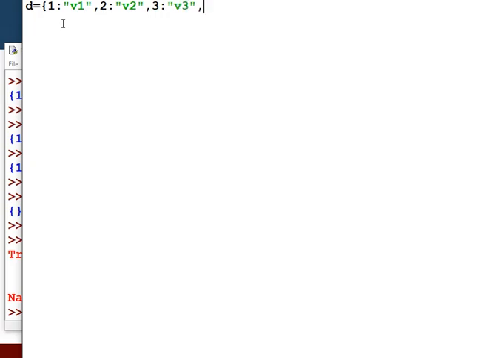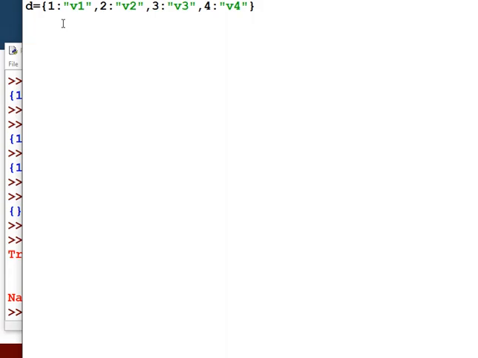Okay, next the item with key 4 and the value v4. So we have declared our dictionary object.